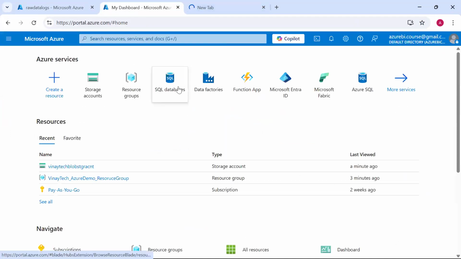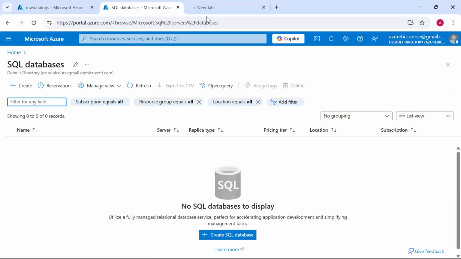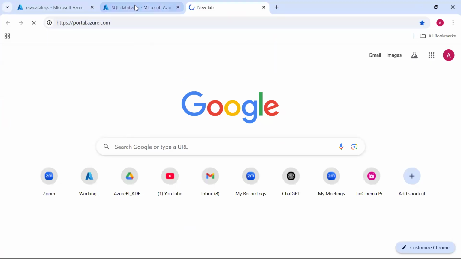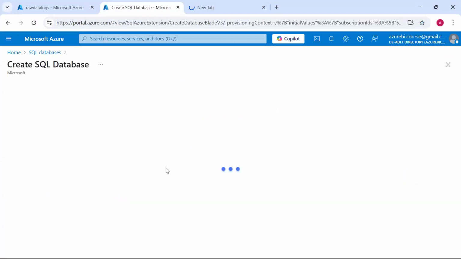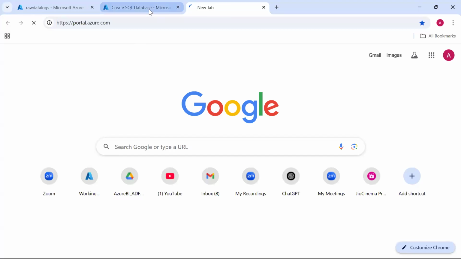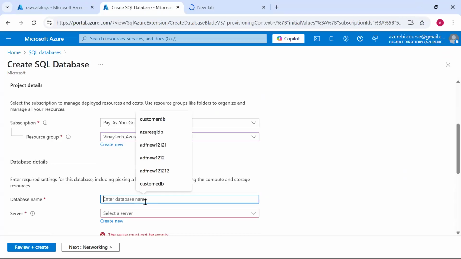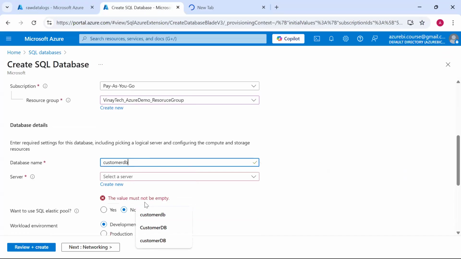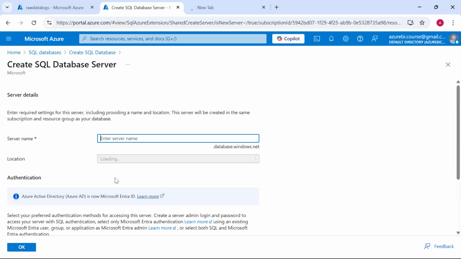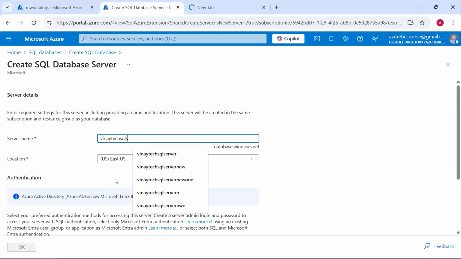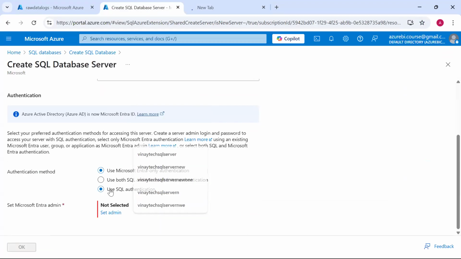Parallelly, I can deploy in both the tabs. Here I'm deploying the SQL database. Here I'm deploying the data factory. I'll create a SQL database. Still executing. Okay, so here my project is already there: Vinay Tech Azure demo. I want to choose the customer database, database name, server name, Vinay Tech SQL server, user ID,